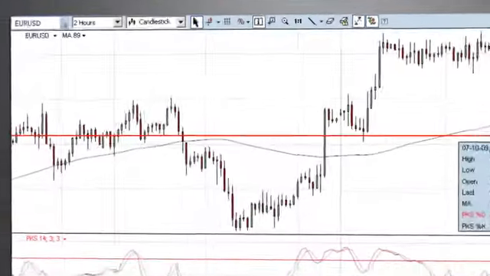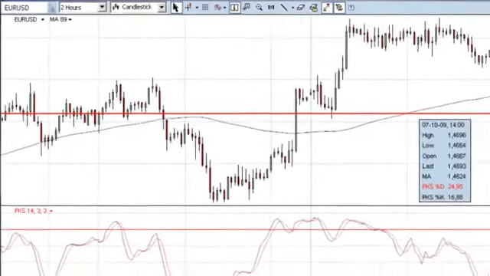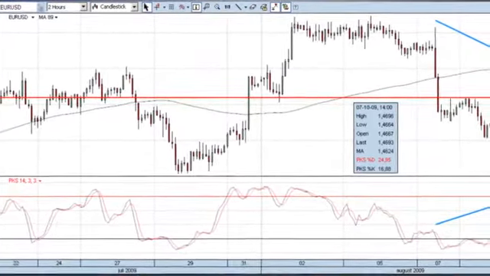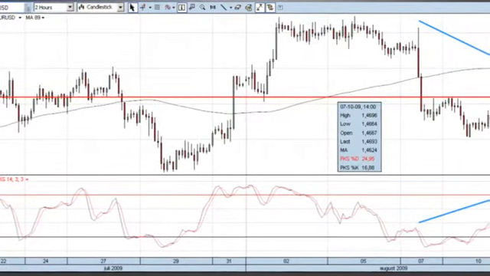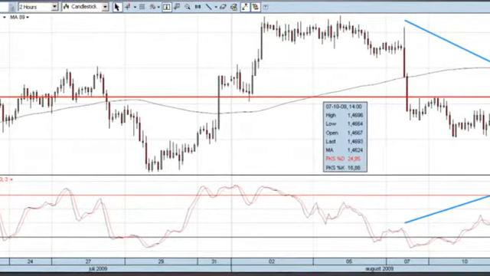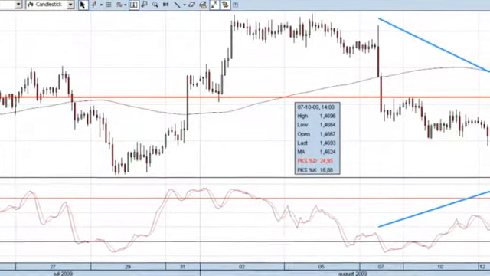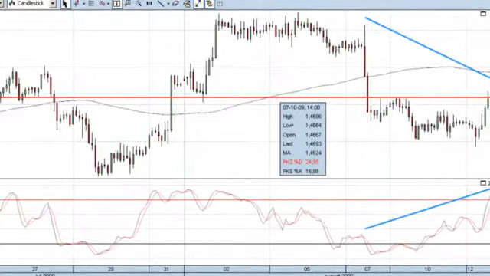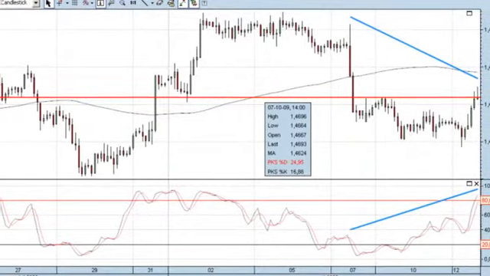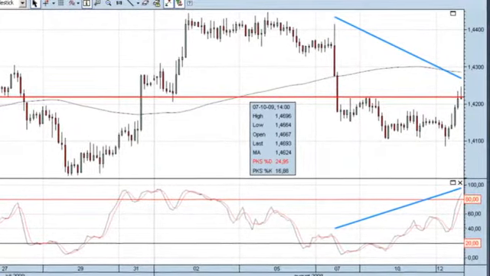Let's take a practical example from a recent trade I placed in the market. On this 2-hour chart of the euro against the US dollar, you can see how the market is trading below the 89 period moving average. As such, I am looking for opportunities to sell short. On the price chart, the market has gone from being range bound to breaking down, and I'm able to draw a blue line signifying that the market has made a high